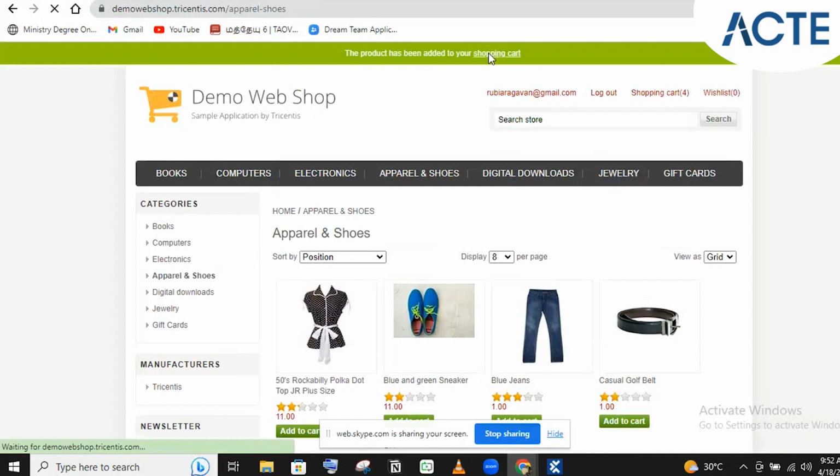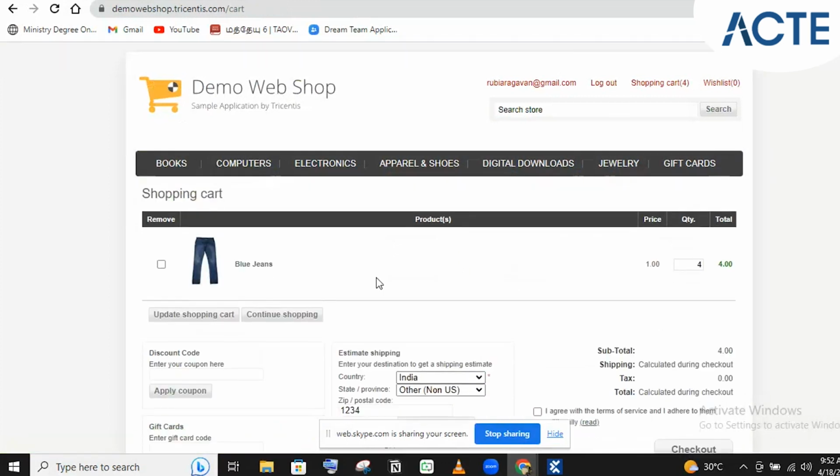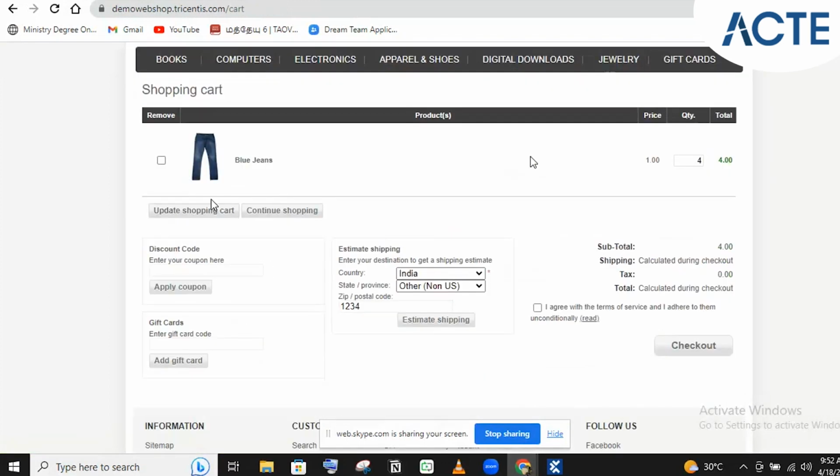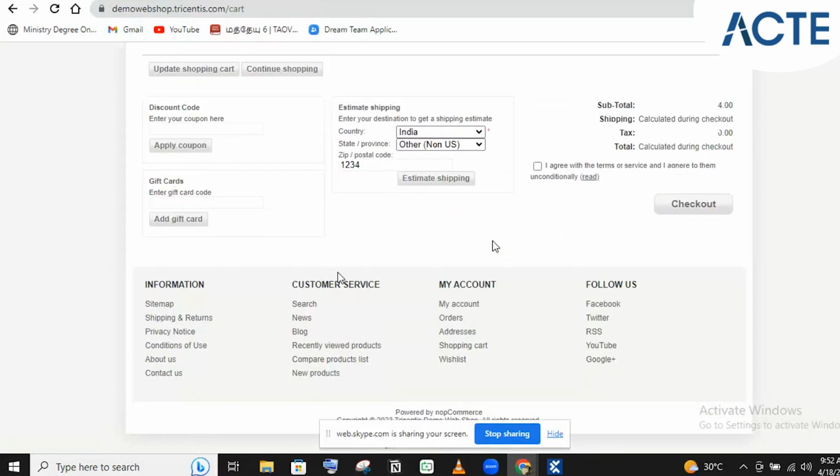And after going to cart, if you want to remove the item from cart, you will be selecting this checkbox and will use this update shopping cart option. And if you want to continue shopping from the shopping cart, you will use this option. And if you want to enter any details, you'll do that, and we'll check in this terms of service checkbox, and we'll check out,